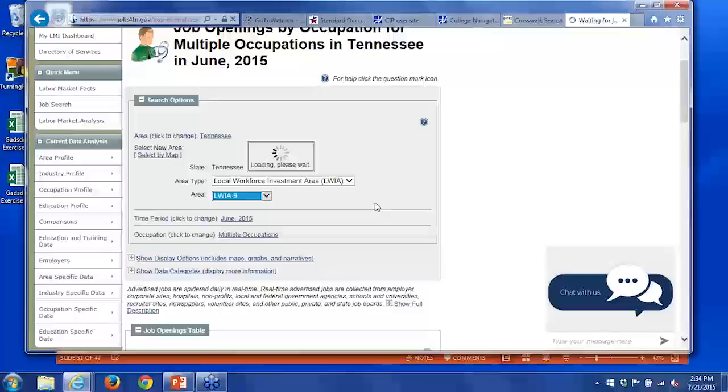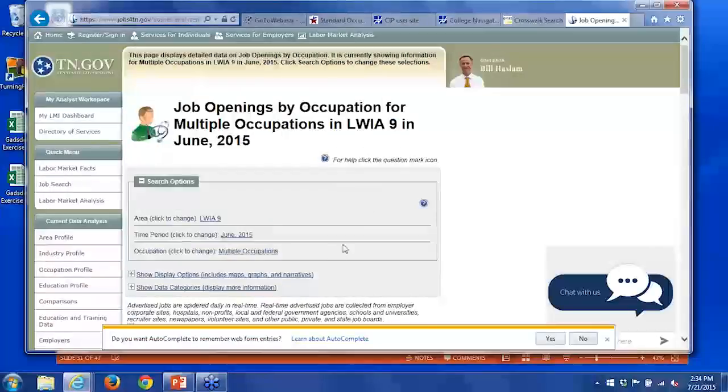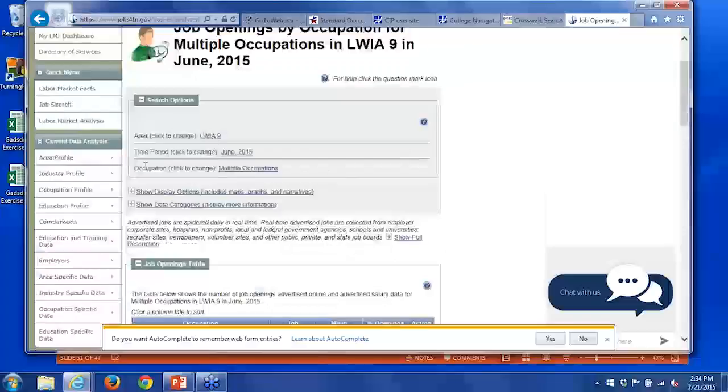And then I'm going to keep the time period as it is. The default here is June 2015, and that gets updated monthly. And then I want to know for today about those welding jobs. So I'm going to change this multiple occupations